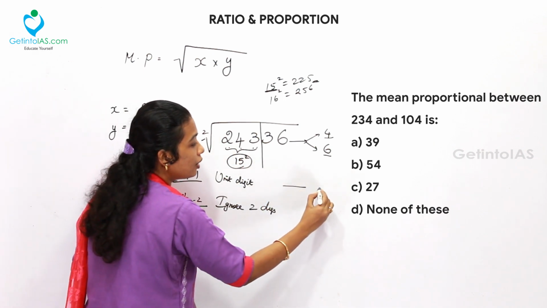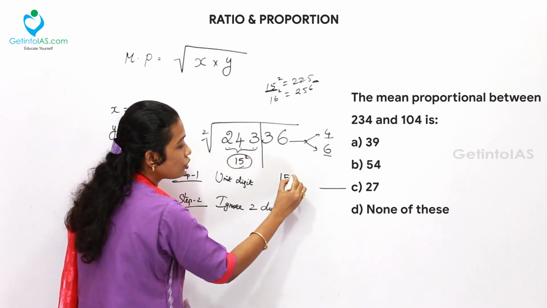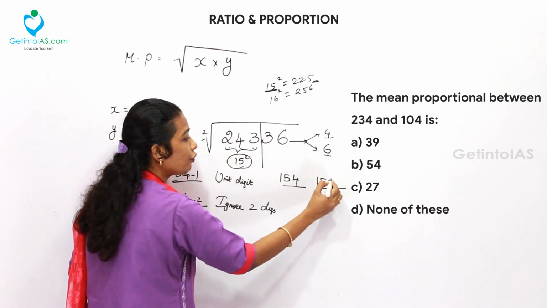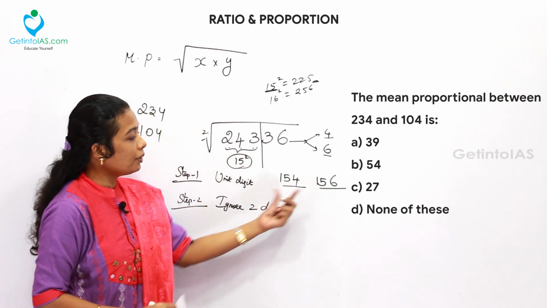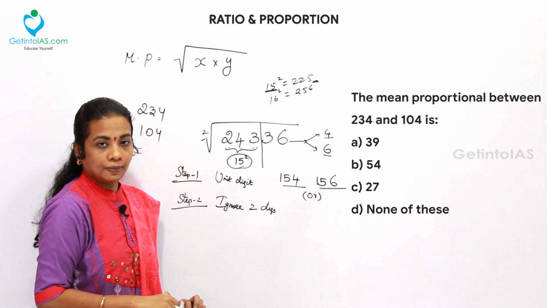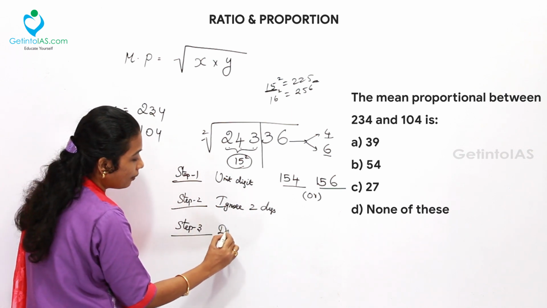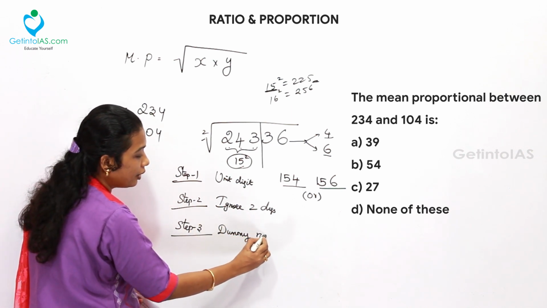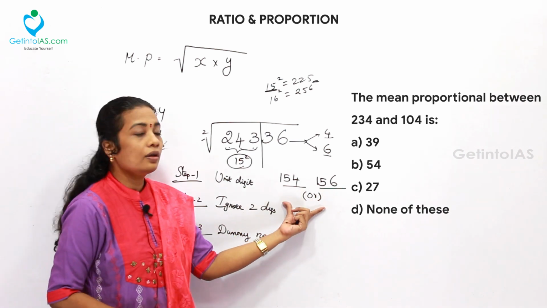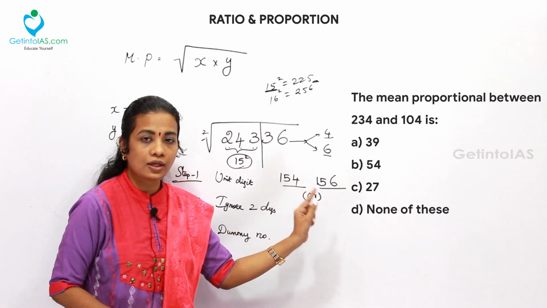Now, the two numbers: 15 is the preceding number for 4, so 154. The next number, 15 is the preceding number for 6. The number may be either 154 or 156. The next step, you want to create the dummy number. Why we are taking the dummy number is in order to finalize these two values. Then the alternative two choices are 154 or 156.